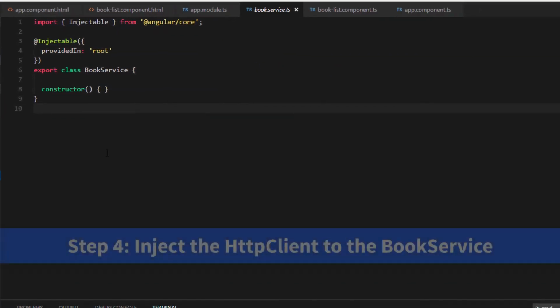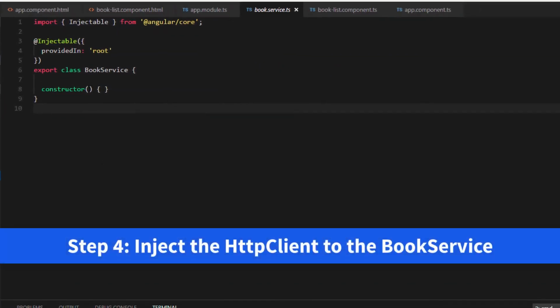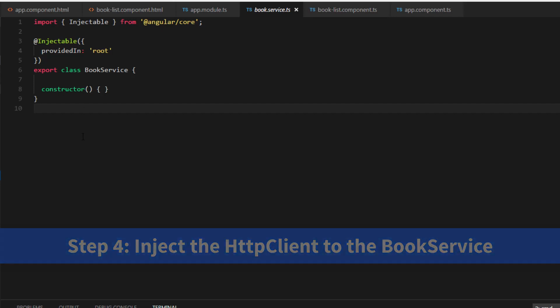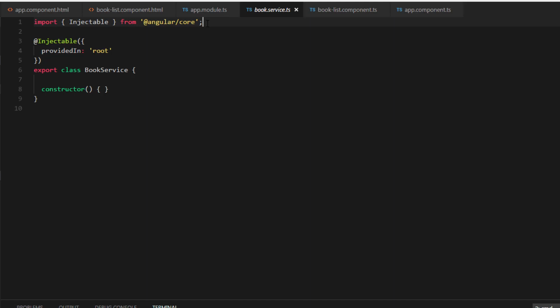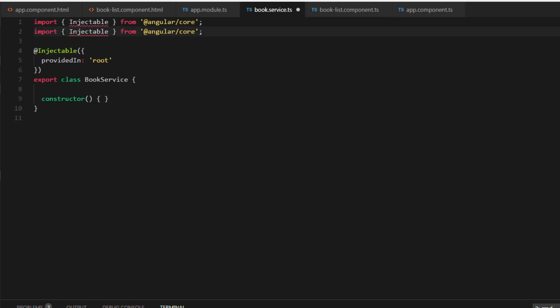So let's go to the book.service.ts. And our next step is to inject the HttpClient into the book service. So before that, let's import the HttpClient. Let's take a copy of this import statement. And the HttpClient is from the http package. Let's import the HttpClient.